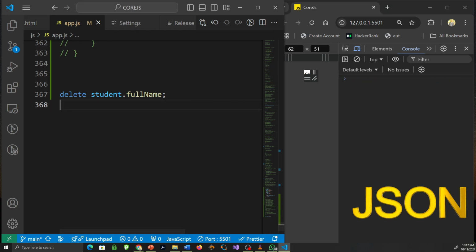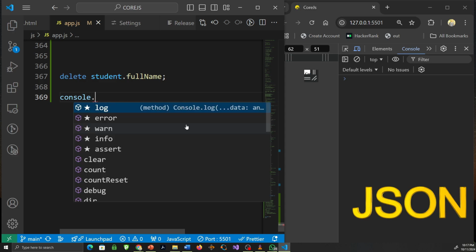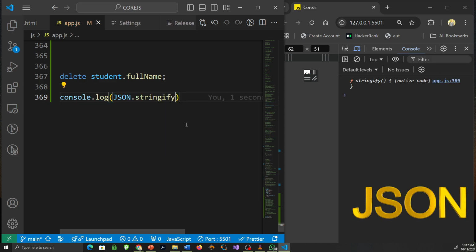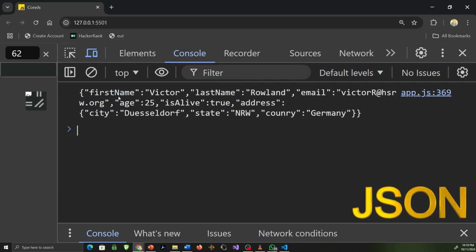Okay, so now we want to convert the object student into a JSON file. It's just as simple as this. You can just say console.log JSON.stringify, and then you pass in the student object. And so we have this. Let me zoom it out. So you can see now that this is the JSON file that we received: Victor, last name Roland, almost similar, right? But the difference is that you have the properties in double quotes,